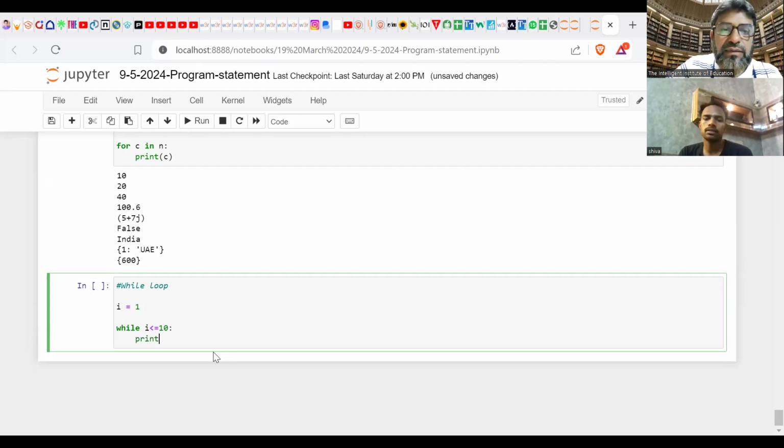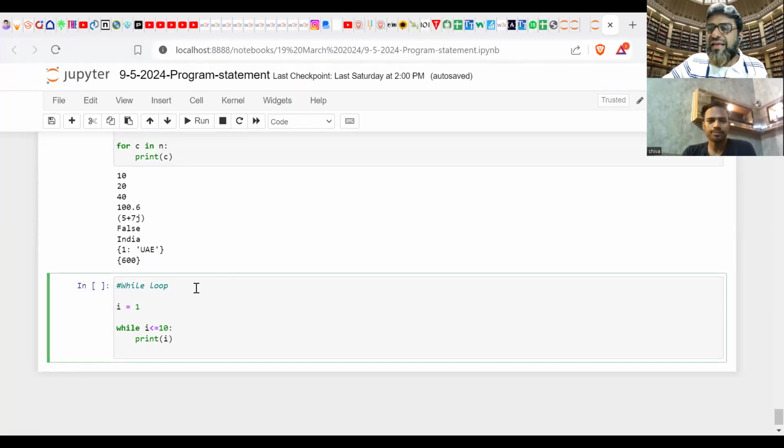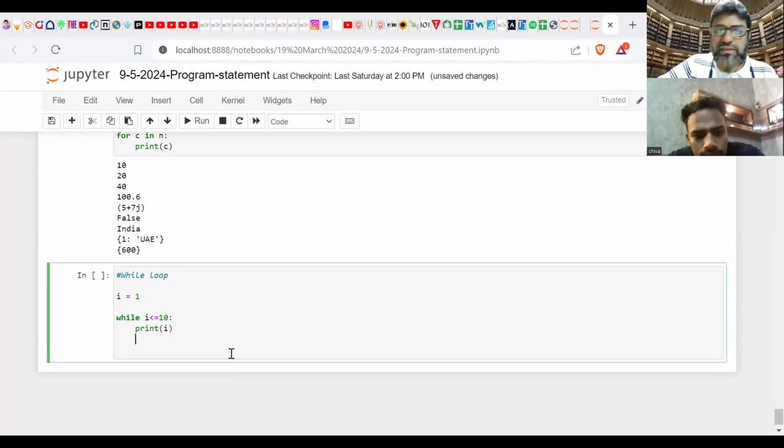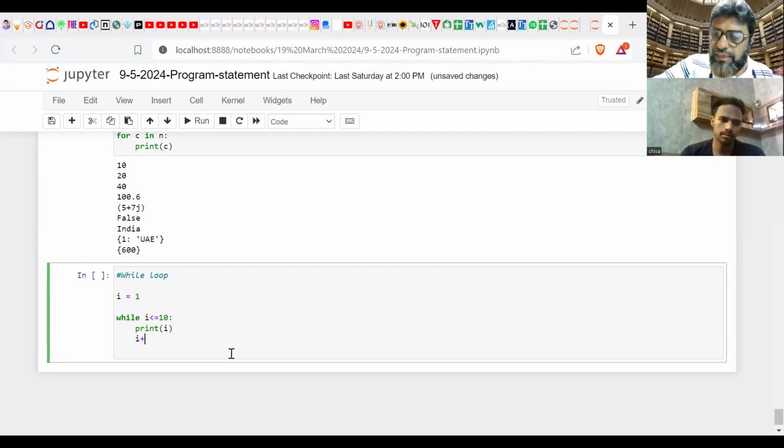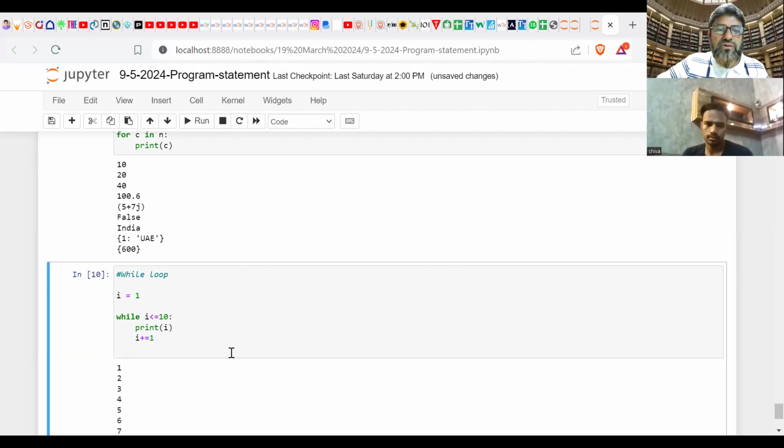Print here I, and after that, I plus equal to 1. Execute this.